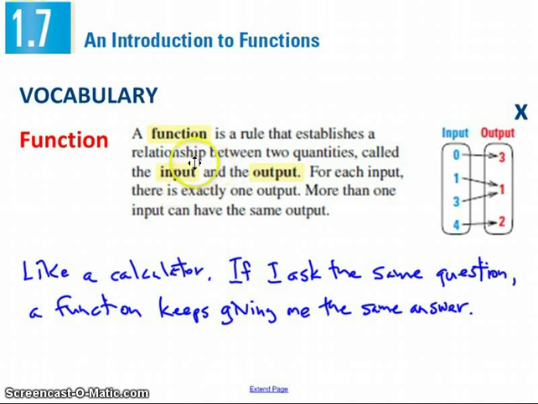I think I was saying that a function is a relationship between inputs and outputs. I'm going to define inputs and outputs in a second. But the key point is this sentence right here. For every input, there's exactly one output. So I think of a function as being like a calculator. If I take the same question into a calculator,